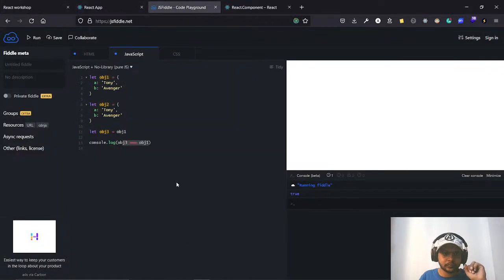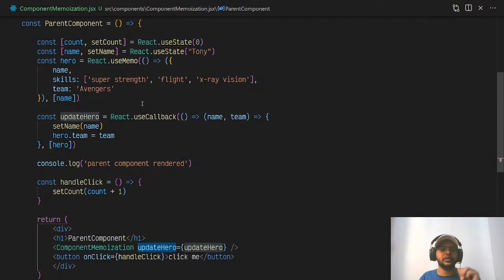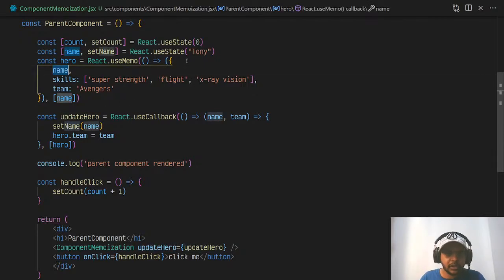So here, let's take an example of this. For the name Tony, it is rendered and cached. Now if I change Tony to Steve, a new instance will be created because the name has changed. And if I change it back to Tony, it will come from the cache. That is fine. But if I change it to Hulk and then come back,